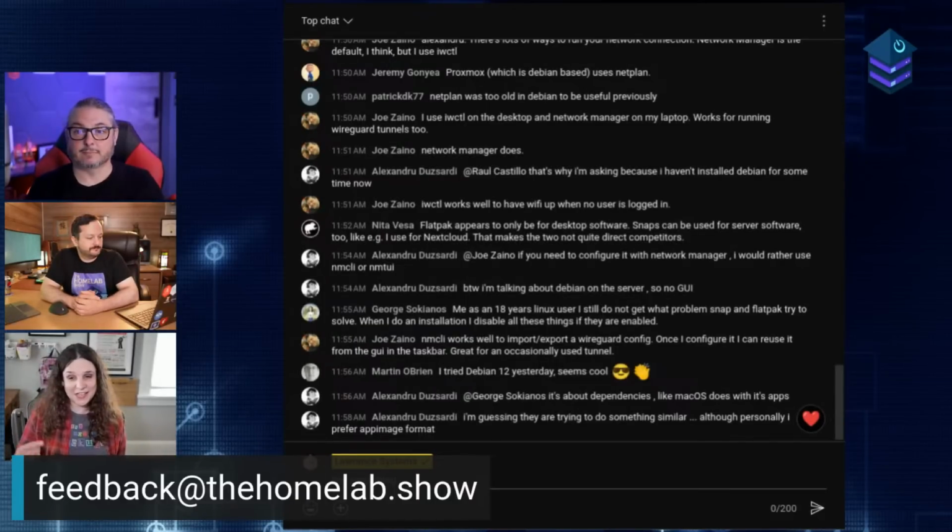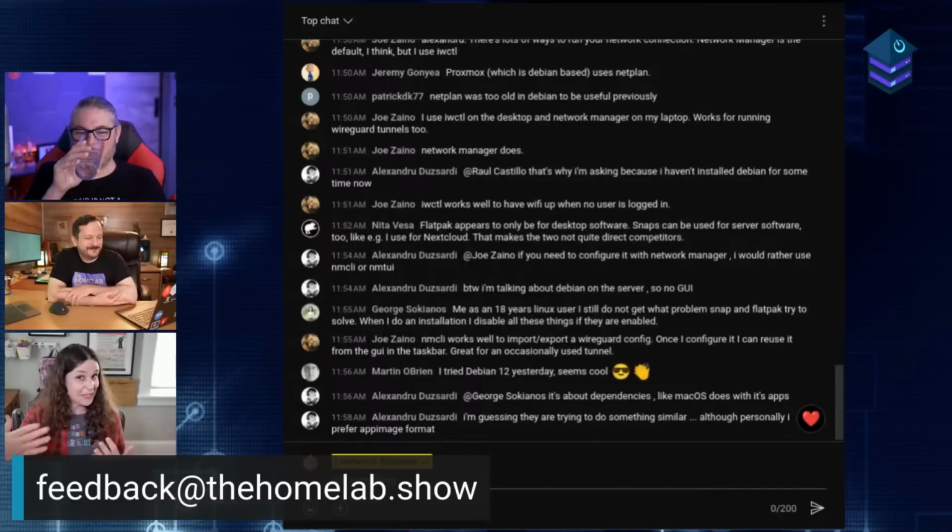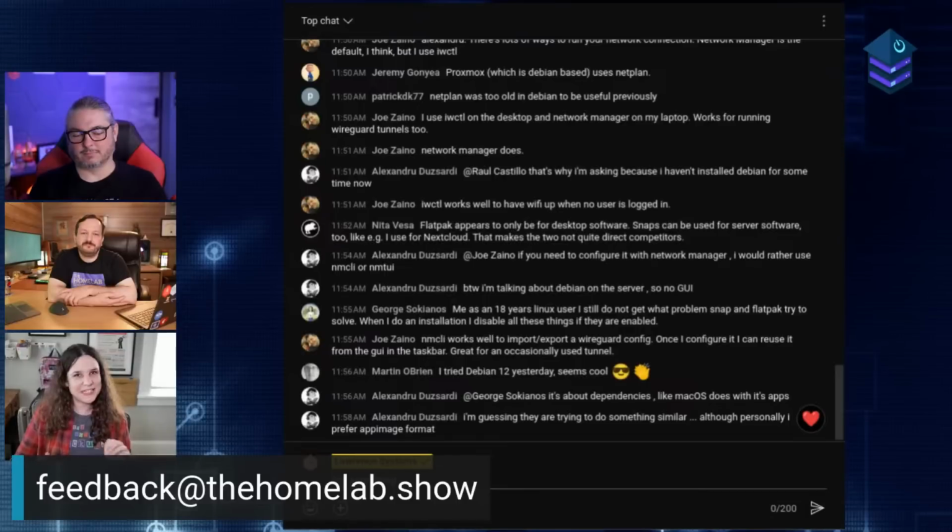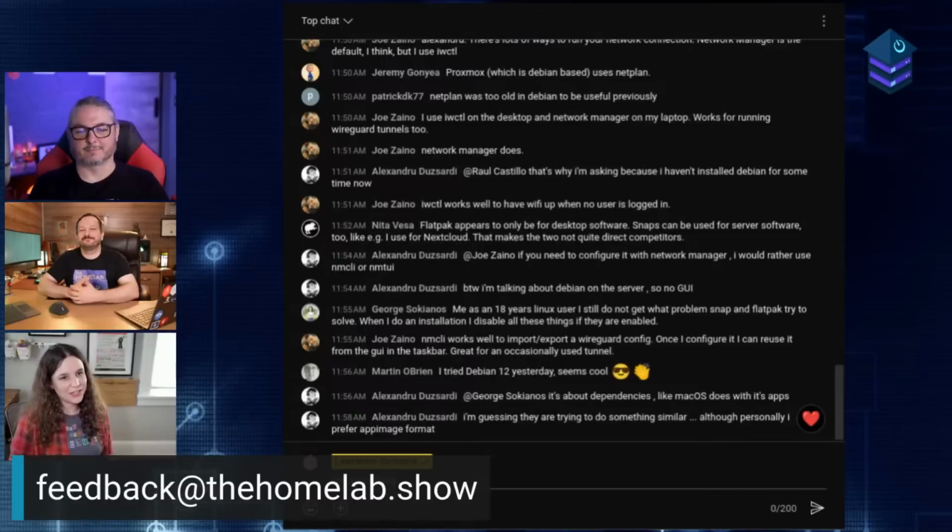Now, I will say, last night, I decided I only live once, and I upgraded to Sid. And so now you are seeing me live from Sid. This is a Sid machine now, and it's wonderful. Mainly, my reasons for that are experimentation right now at this particular stage in Debian's development, but also there were some packages I wanted to try, and it was just easier if I just upgraded the whole thing to Sid right now.